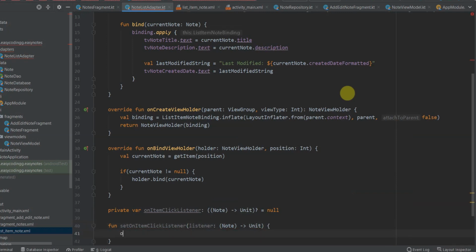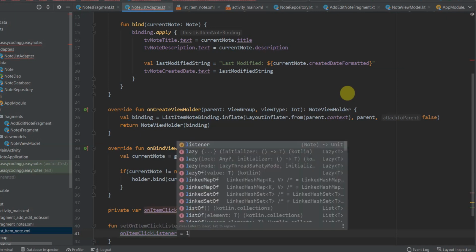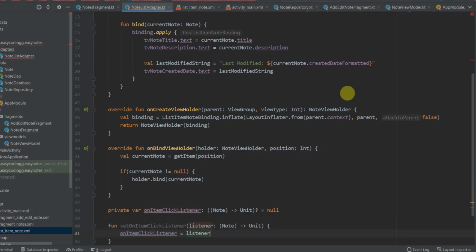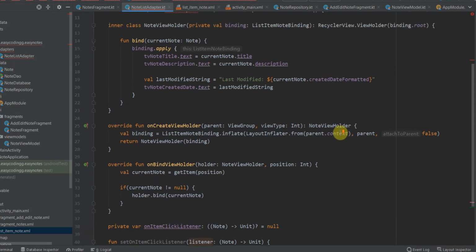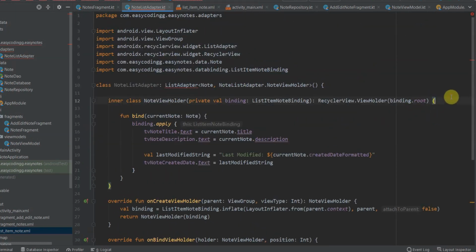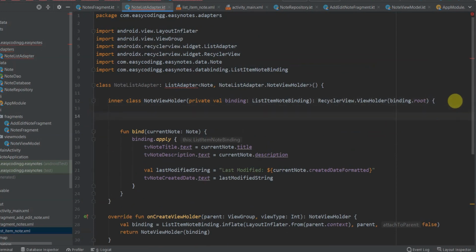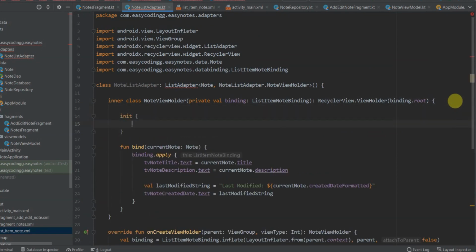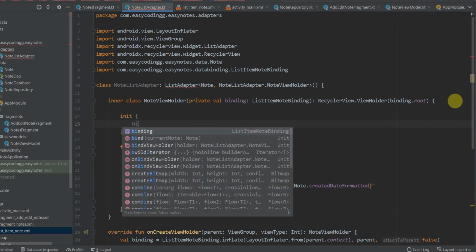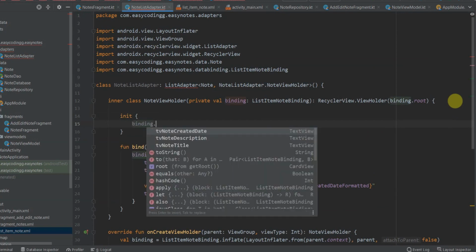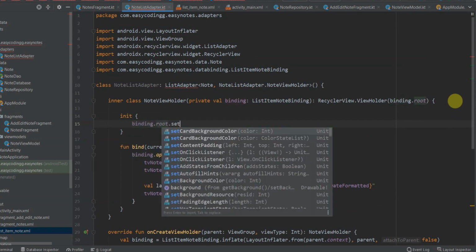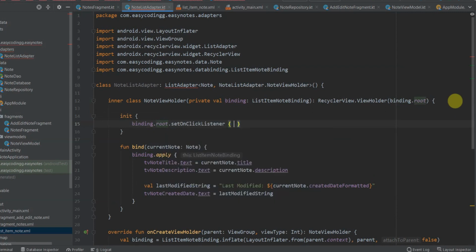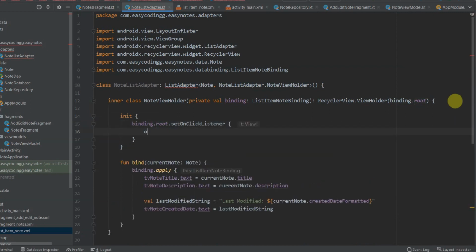And inside of it we will set on item click listener equal to the lambda function which we have got through the parameter here. Now inside of the init block in our node view holder we will use binding.root.setOnClickListener, and inside of it we will check on item click listener.